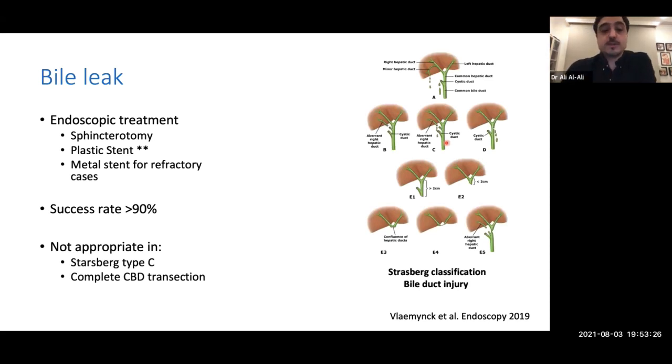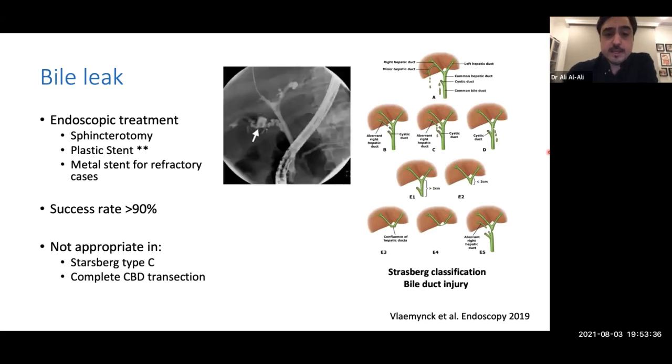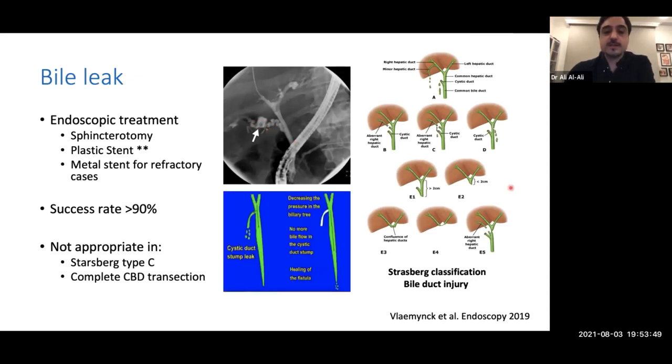In addition, patients with complete CBD transection do not benefit from ERCP, and these patients are best served by surgery. So why does plastic stent or sphincterotomy work? This is an example of a patient who underwent cholecystectomy. As you can see, this is the cystic duct here or cystic duct stump, and you can see contrast leakage confirming bile leak. The reason why it works is because typically the bile flow wants to go to the area of